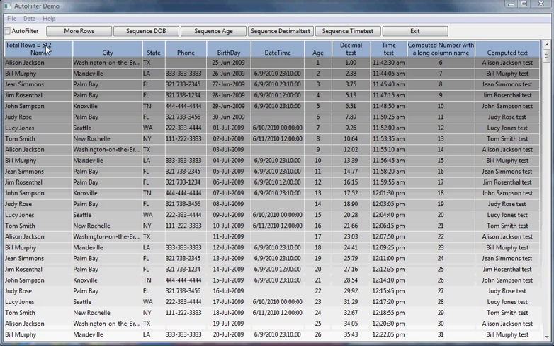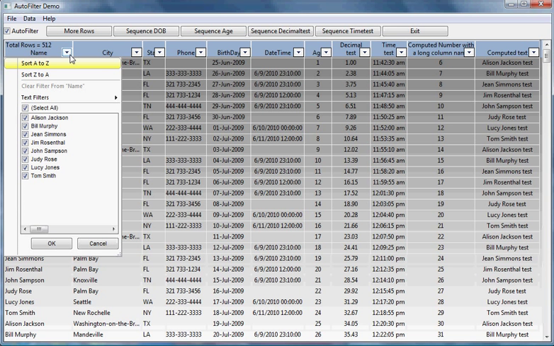As you'll see, there's a total of 512 rows right now in the data window, and I have this control in the upper corner to turn on AutoFilter. If I turn that on, each column gets a little drop-down button added to it, and if you click on the button, you'll see a drop-down menu with a variety of options, including sorting,